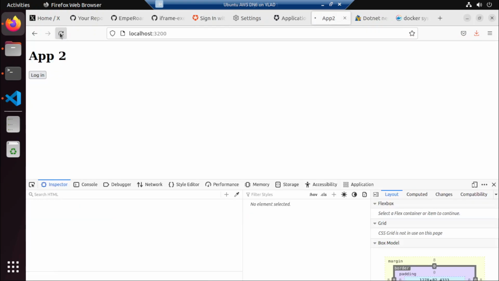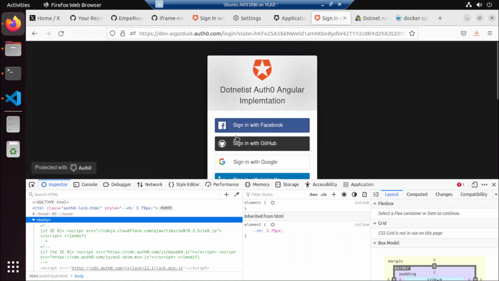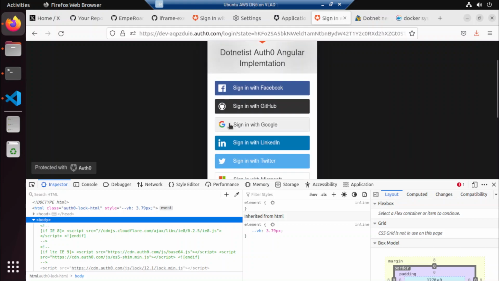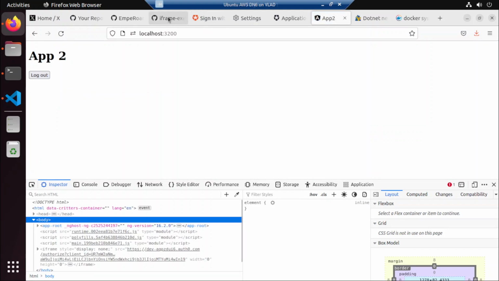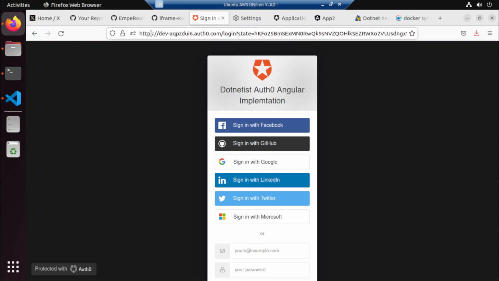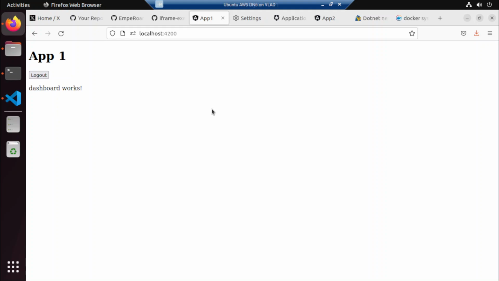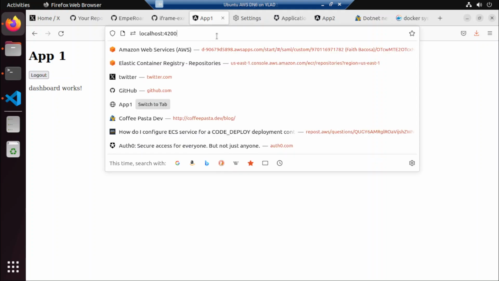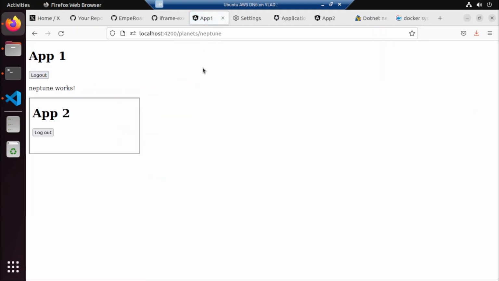Let's check in app2. It's already logged out. Yeah. So if I log in app2, so I'm now logged in app2, will I be automatically logged in app1? Localhost 4200, and yeah, I'm logged into app1. And go to Neptune. Yep, but this is maybe because